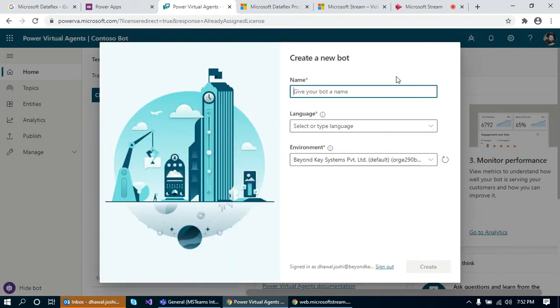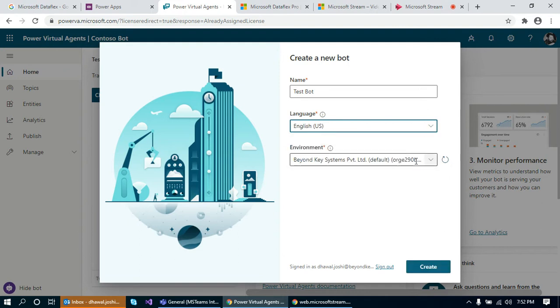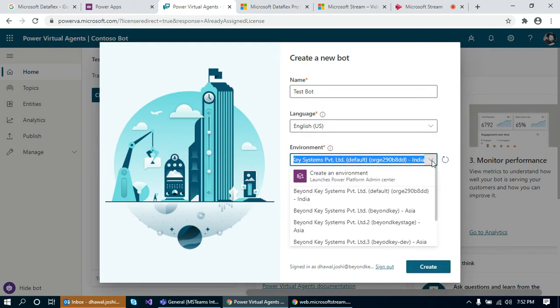So here we can put a bot name, say it as a test bot, and okay, here I can select different environments.